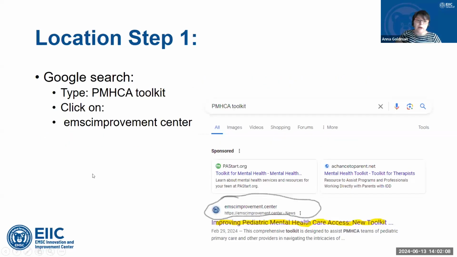So with that, my first step would be, I've been hearing about this toolkit, where do I find it? I took a very simple approach, but I'm hoping this is going to be helpful to folks. Step number one, go to Google, type in PMHCA toolkit. The first thing that pops up for me, now you might have a different view on your end, is this